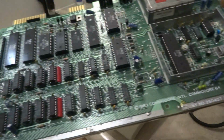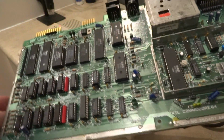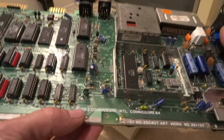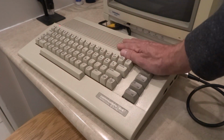So I learned my lesson well then. And as you can see, back to the motherboard I fixed, all these RAM chips here are socketed, and for a reason I had to replace them because, well, 5-volt chips don't really like it when you give them 12 volts. So, like I said, I originally bought this to use the,